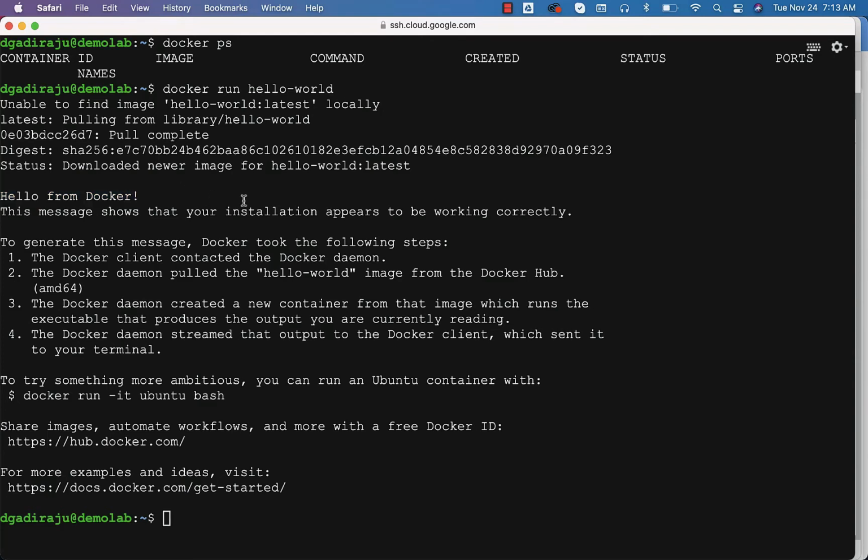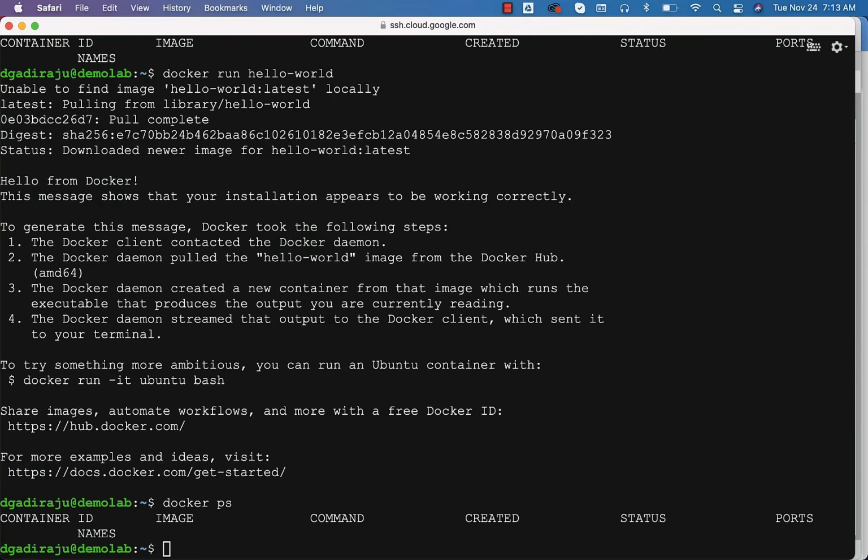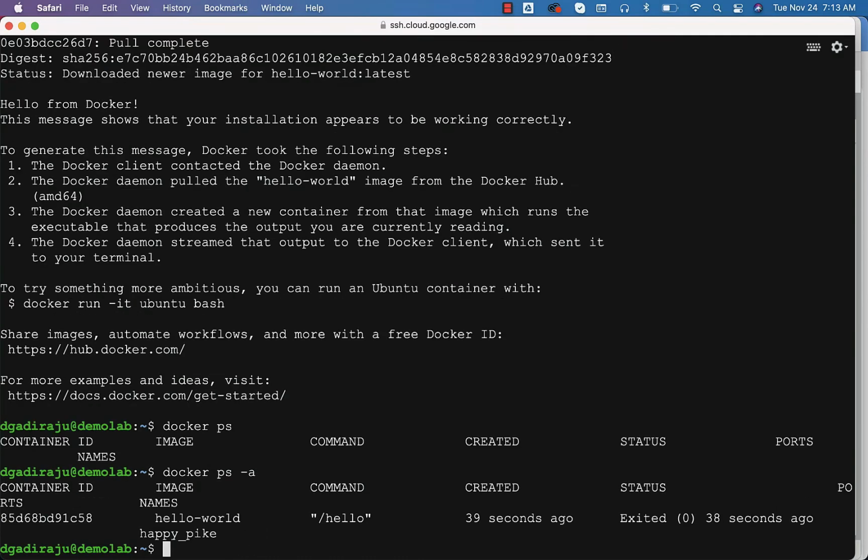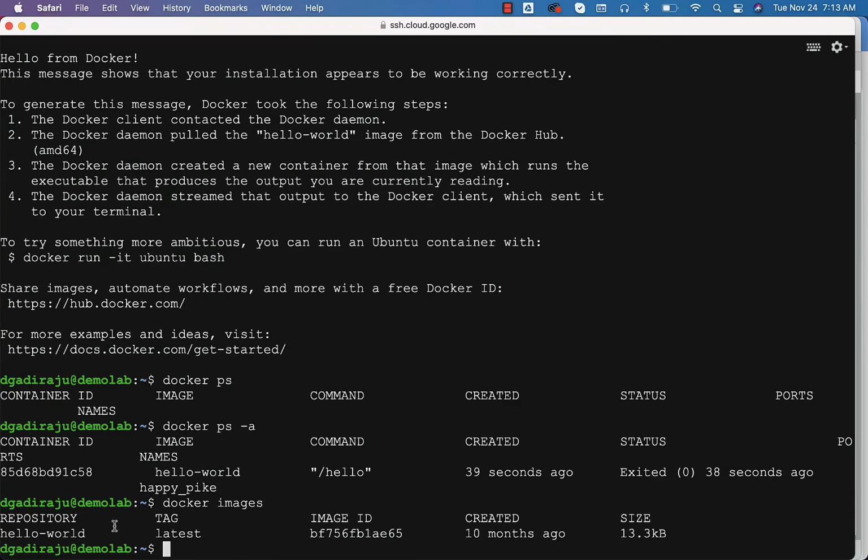To validate the details with respect to the containers and images, which are the core components of Docker, you can run commands such as docker ps. However, it will not return anything because as of now it is not running. It just threw that message and then went into the stopped state. To get the details about all the containers that are there at this time, both stopped and running, you can use this -a and you should be able to see this container. Also, you can say docker images to see the image related to hello world.